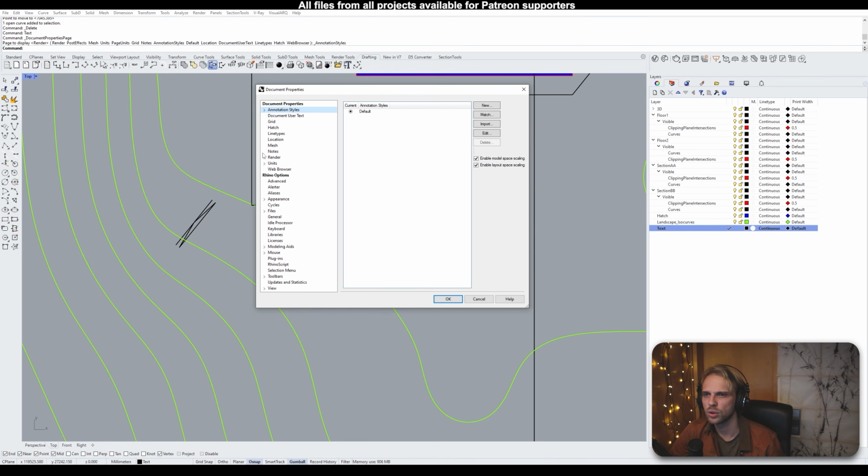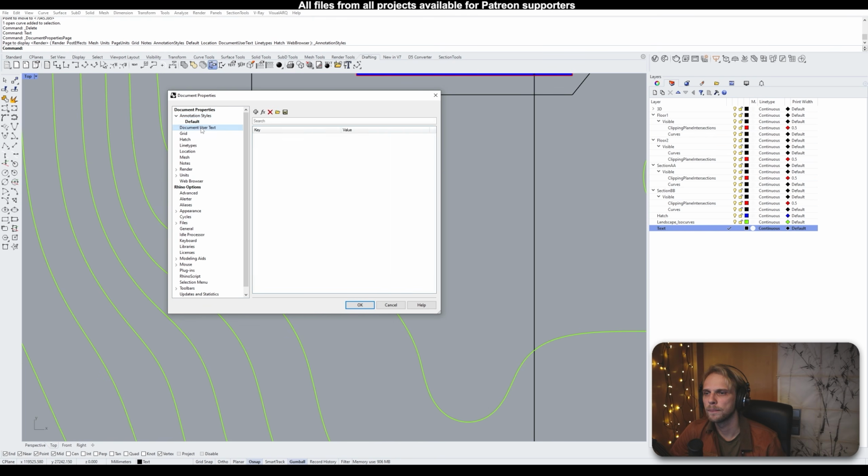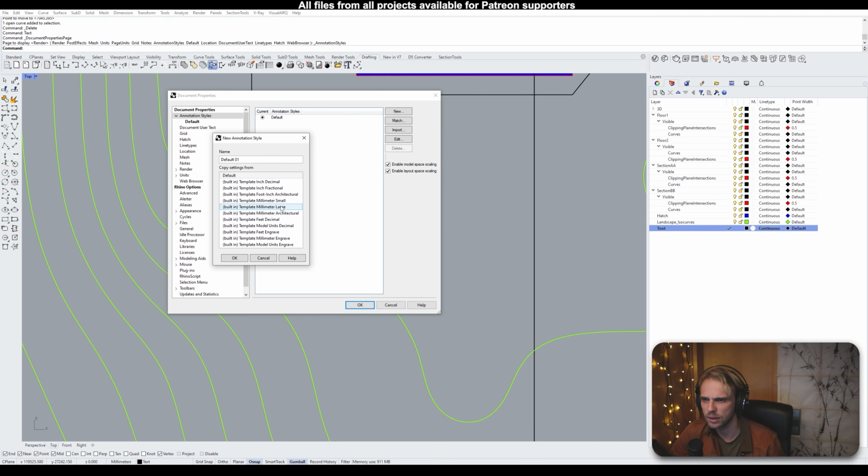It opens up this document properties tab. You can also type in properties and it's going to open it up as well, or options. And for annotation styles, you can create more than one annotation. Wait, where was it? One second. Yeah, it is here, isn't it? So for annotation styles, you can create a new one, template, millimeter large, hit OK,